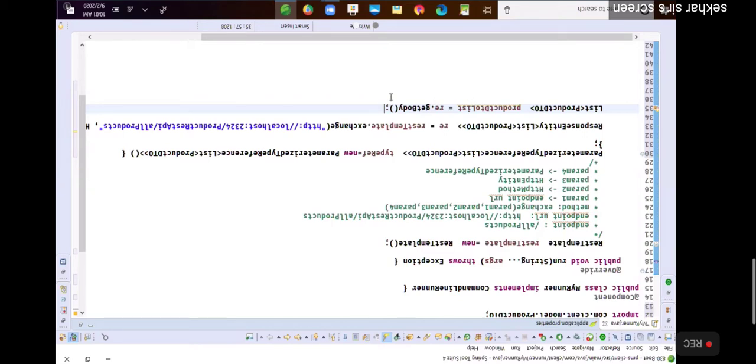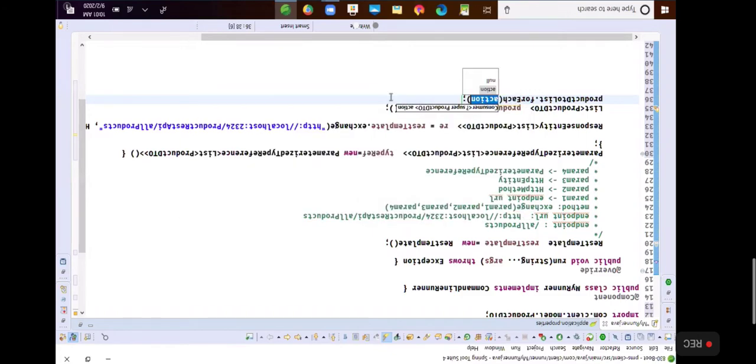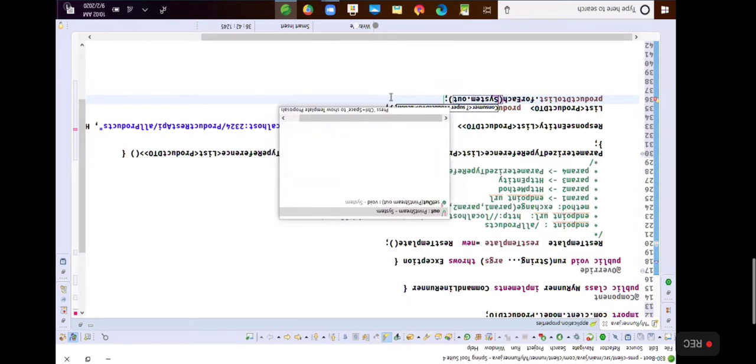And now finally what I would like to do is iterate the list and show the products one by one. So productDTOList dot forEach. See, if you want to print each product as a string, then you can override a toString method. So I say System dot out double colon println.